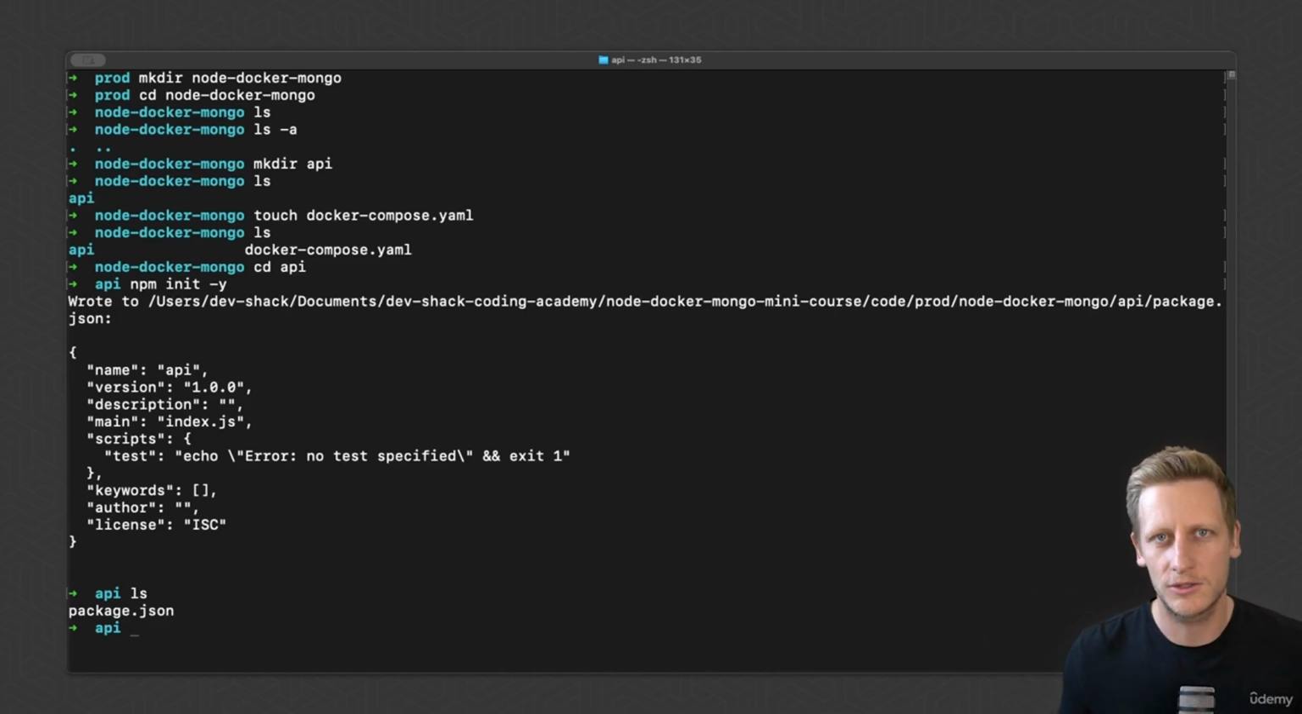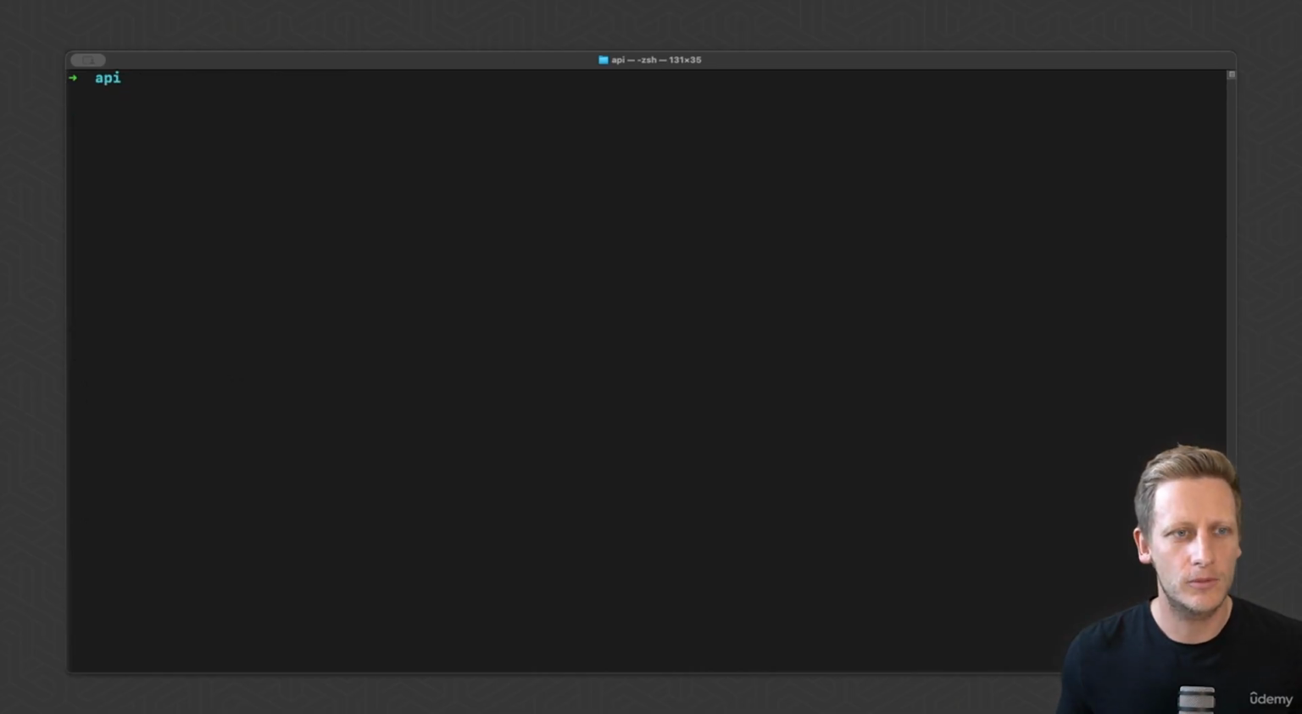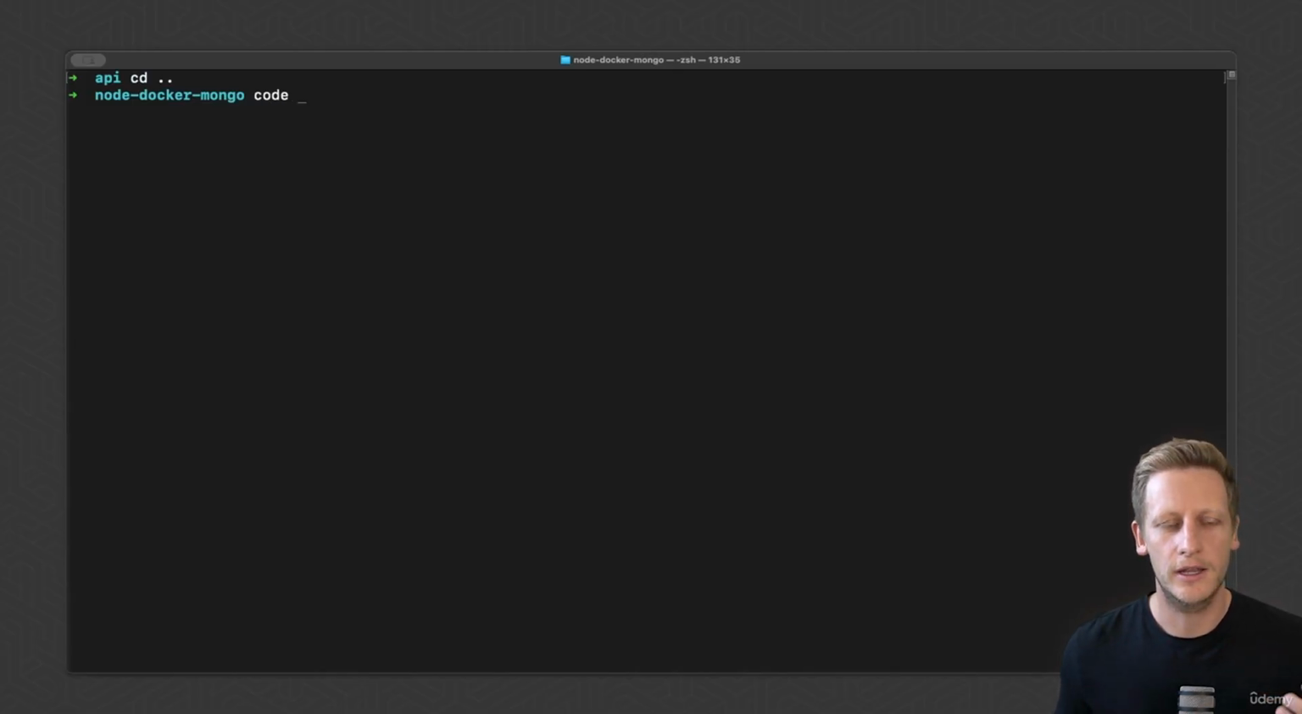details of your package.json. Now that we've initialized the Node project, let's go ahead and open up Visual Studio Code. So go ahead and just make sure you change directory one level up so that you're in the node docker mongo folder. And then I'm just going to go ahead and run code and then a period. And this is just going to open up our project